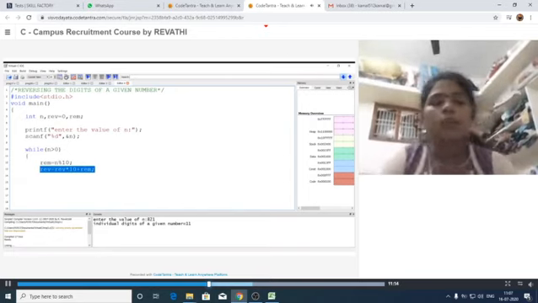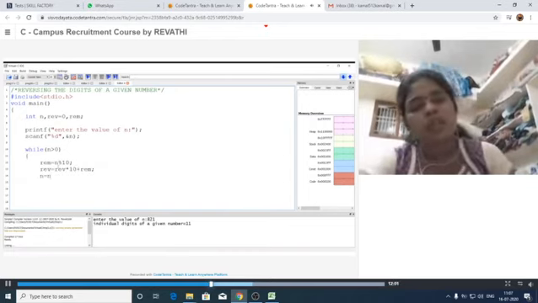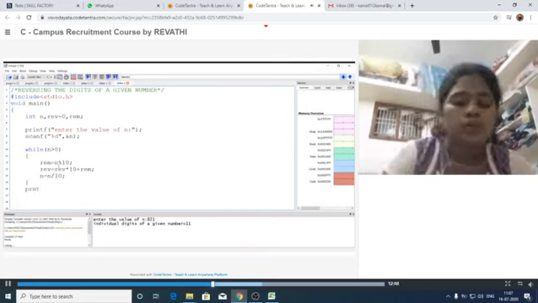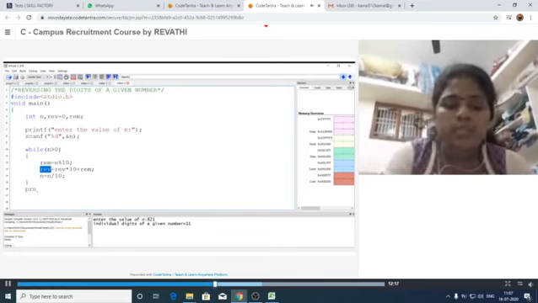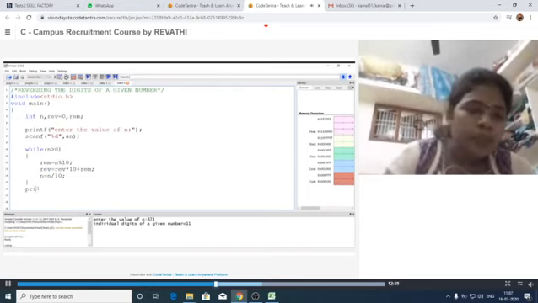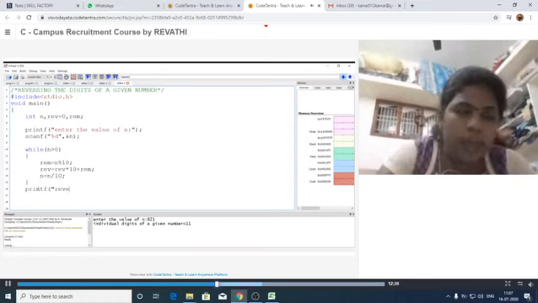Only this statement has changed from the previous program to this one. Here we are multiplying with 10, but there we were just adding to the sum value. That is the difference between the previous program and this program. Now divide the n value. n is equal to n by 10 here. Whenever this condition is false, then it has to print the result. Where is our result going to be stored? In rev. This is the variable used for storing the result here. So printf